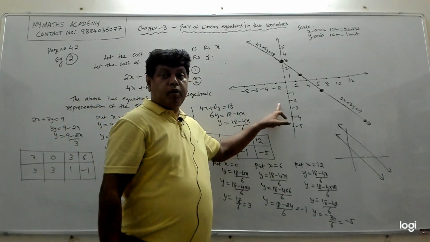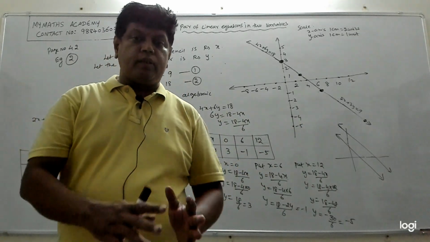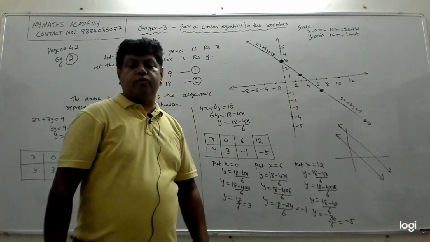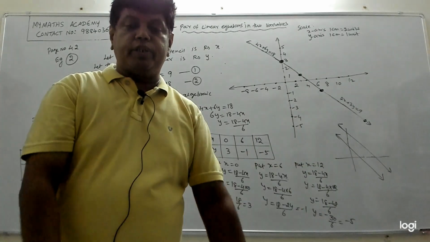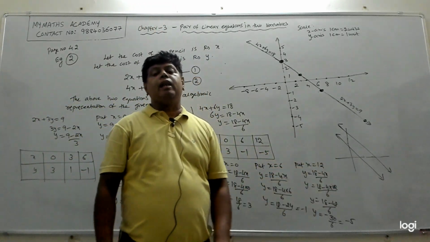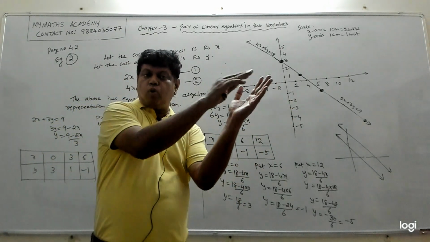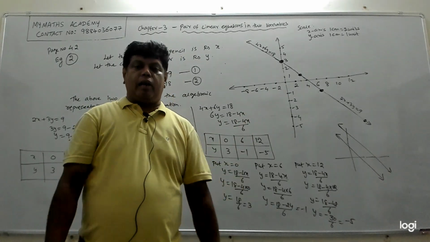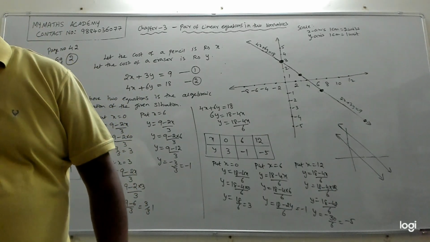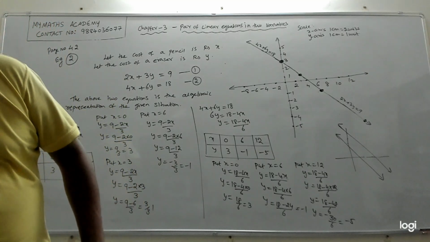Now the second example is coincident lines. The two lines coincided. The third example which you are going to do as homework is parallel lines. So we have only three scenarios. When there are two lines, either they will intersect, or they will coincide, or they will be parallel. So you can do example 3 as homework, and I will go to exercise 3.1